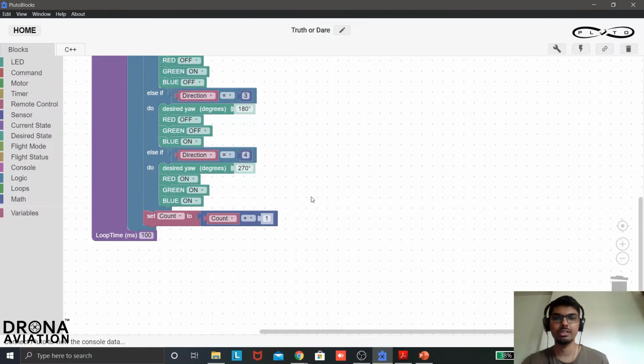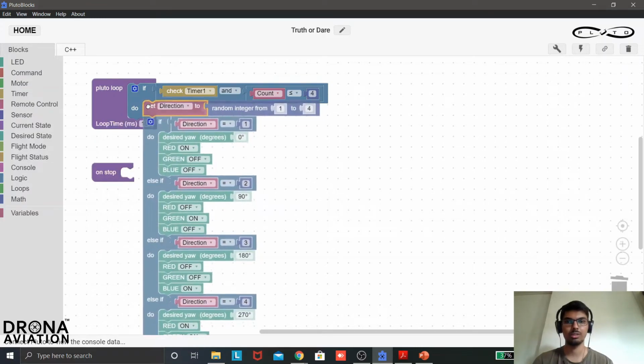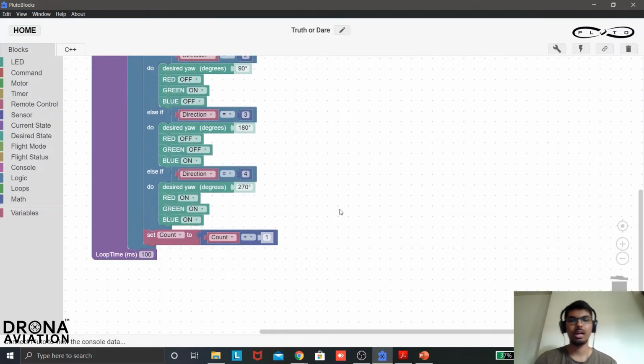So what I have done is I have programmed that set count variable to count plus 1. So whenever this entire loop is executed, right from over here, this entire loop that I have selected, the count variable will go one number ahead. So 1, then 2, then 3, then 4, then 5, in that way.